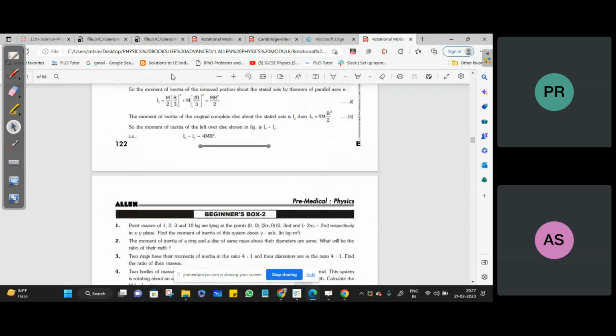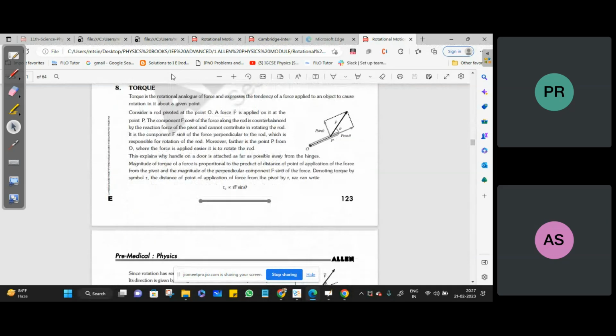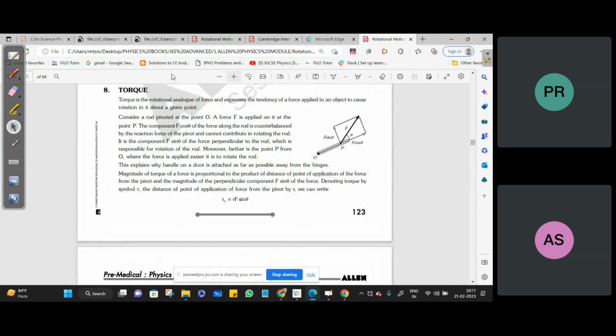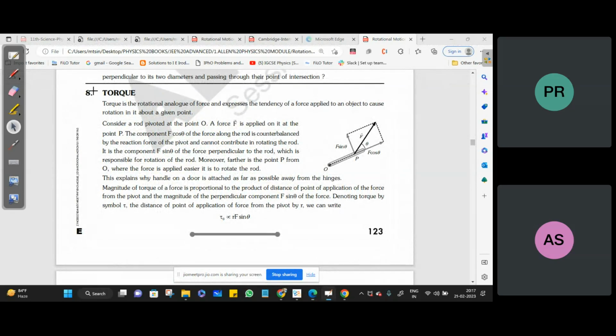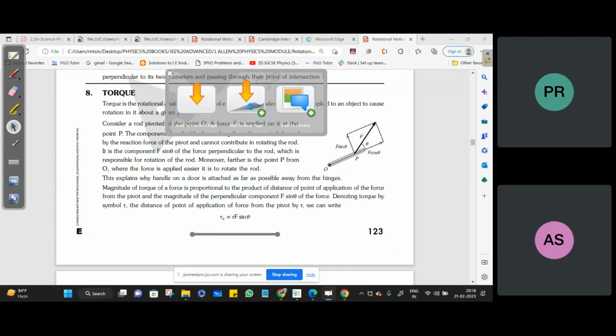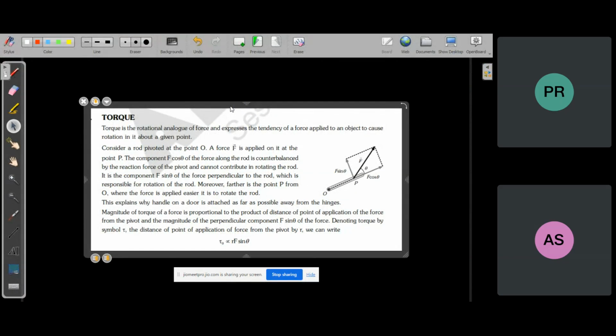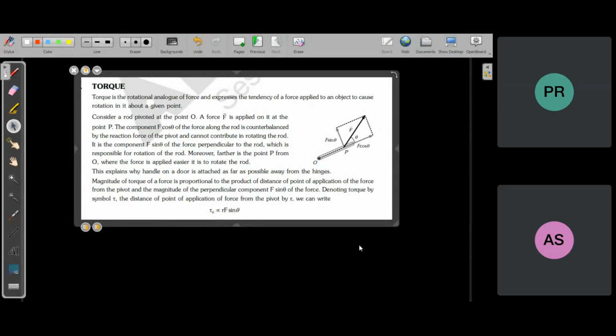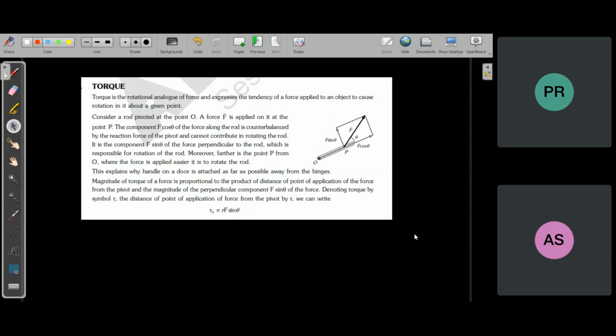Okay, discussed these things. So let's directly come to the torque now. Can you see on the screen torque is written? Yes, sir, I can see, sir. Okay, so now we are going to talk about the torque. Okay, here you have to understand that